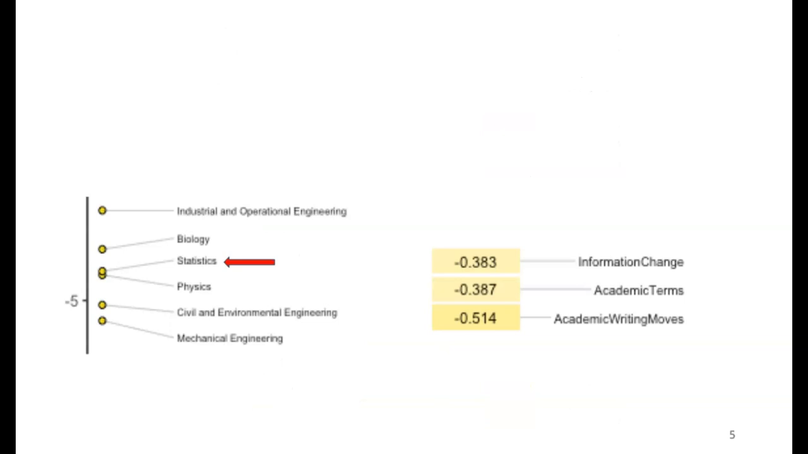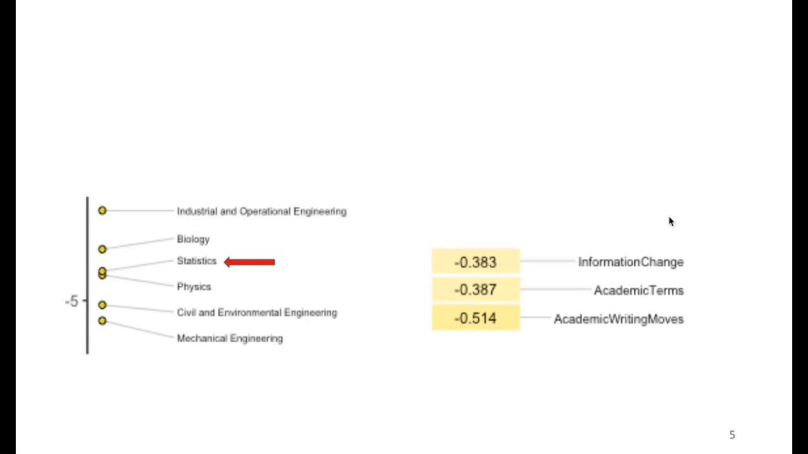Here we can see statistics nestled between physics, biology, and engineering, and the DocuScope categories that correlate negatively to this dimension include academic writing moves, so phrases like "we hypothesize," "we found that," or "this study." Information change, which includes words like variable and increase, and the other category is academic terms, so more technical language and terms related to math. So the fact that these three categories describe our corpus along dimension 1 makes sense since we see it near